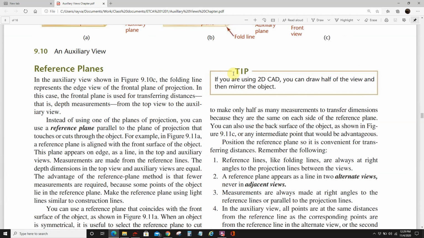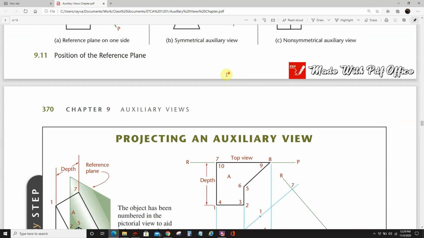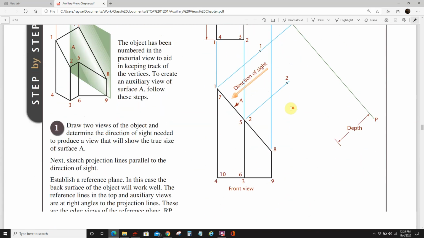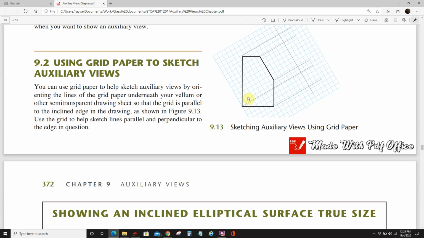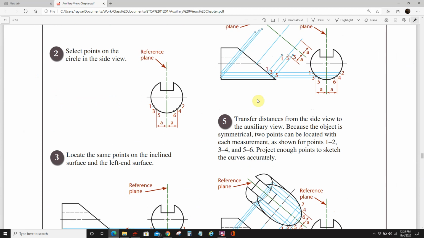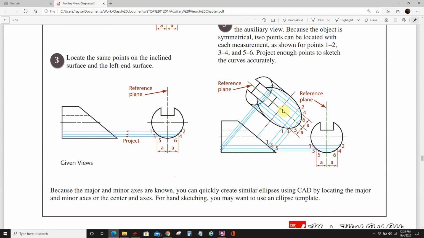Back to primary auxiliary views. Let's see here. You can read through all this stuff. This is basically how to draw stuff, and I'm going to go through one with you. And this is more creating auxiliary views. All right,